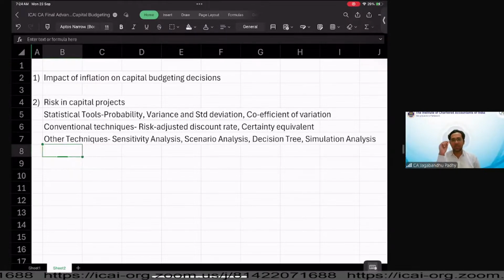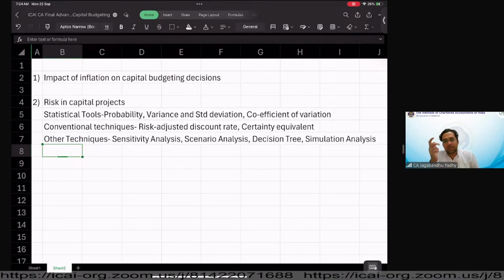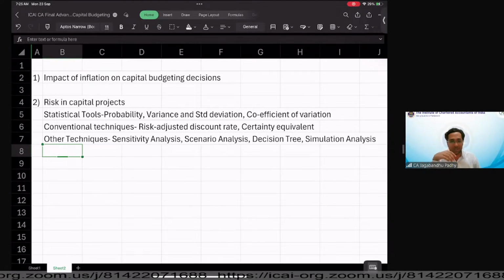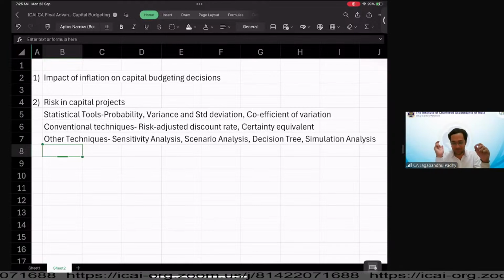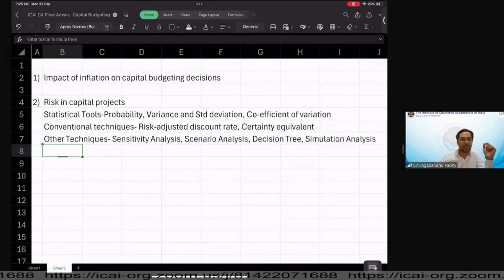So generally, if you say simulation, I am pretty sure you might have seen some of the video games that we have on our phones, like the car driving simulator, train driving simulator, right? So these simulations are what? They create a realistic scenario on your phones, right? So in the same way, we'll be creating multiple scenarios in our capital budgeting, considering the probability distribution. Okay, so again, there's a new technique that we are going to look at.